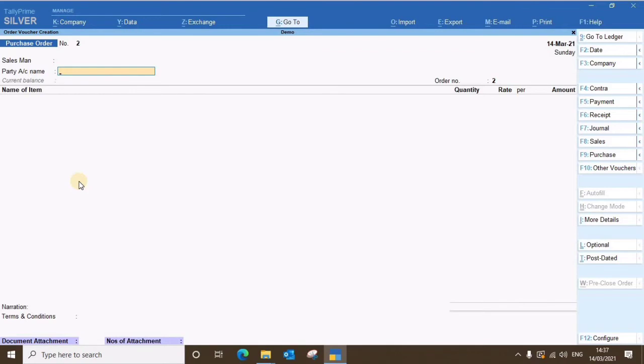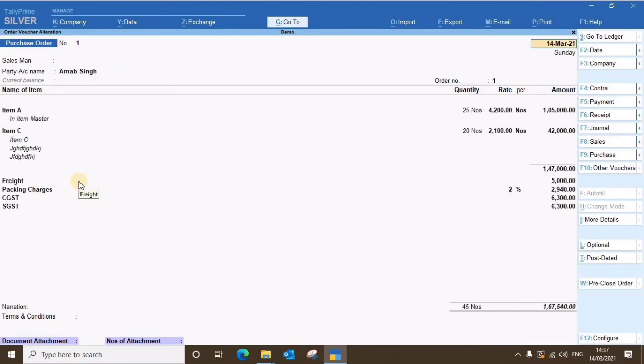Now if you want to print out the PO, just page up this screen. Later, if you want to print out, I will tell you how to take the printout of the PO, and how you can view a PO entered in earlier days, check it, or take the printout. I will explain it. But here I already created the PO, and just page up, it will come back again, and just press Ctrl P, or you can click the print option at the top right hand side of the screen.